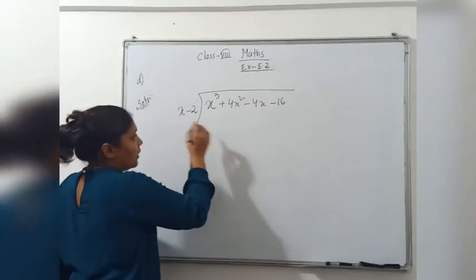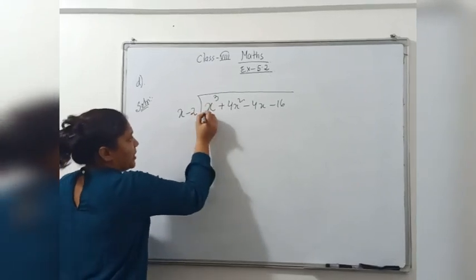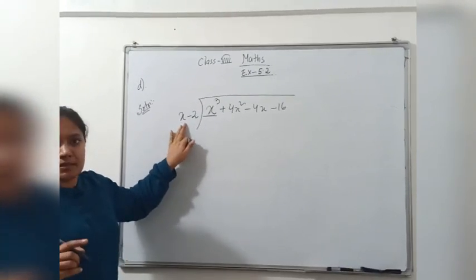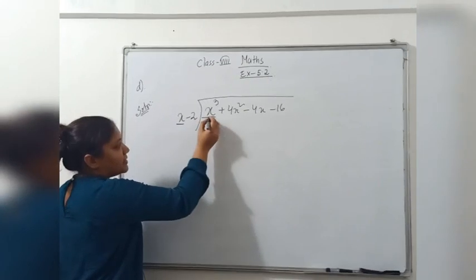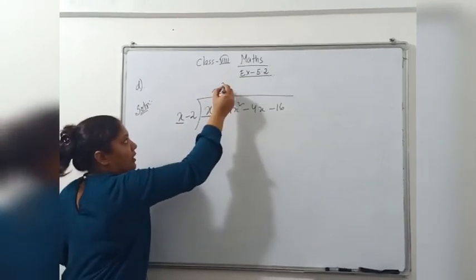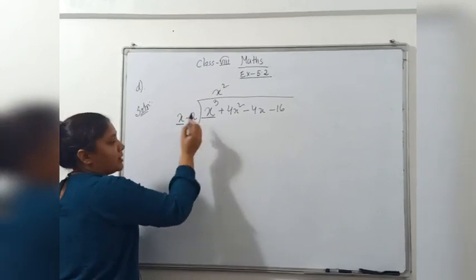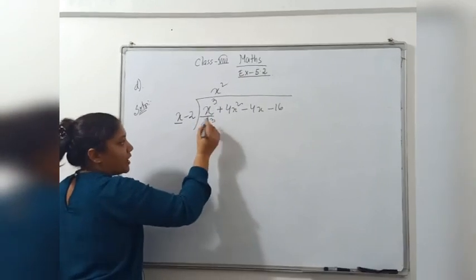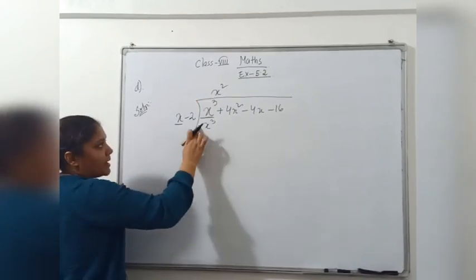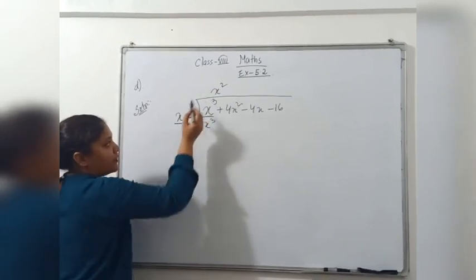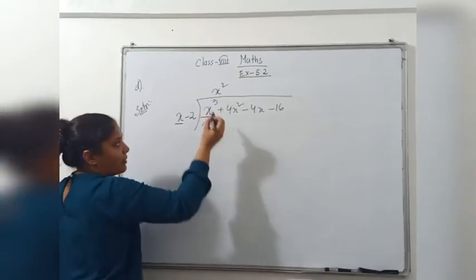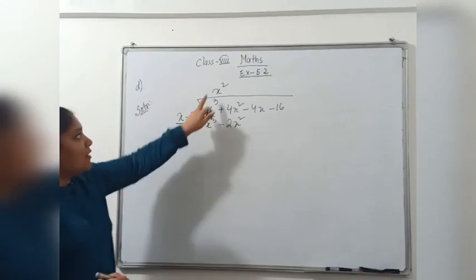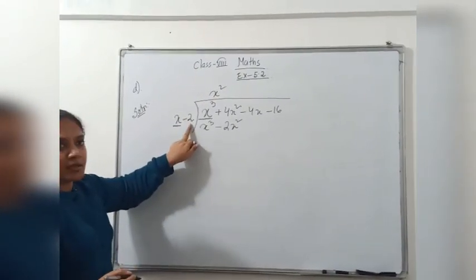Okay. Now our first motto again. Which number are we to cancel? X cube. And what number do we have? We have only x, right? So to make it x cube, how many x do we need more? X square. X into x square is x cube. We have to bring the same numbers here, right? Plus, so plus sign. Again with this one finished. Now with this, minus 2 into x square. Minus 2 into x square is what? Minus 2x square. Clear? First line over. First number we have multiplied with this and this. Clear students?